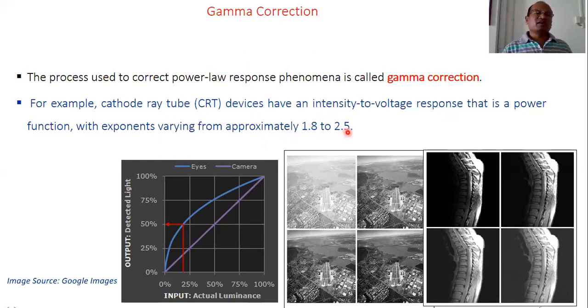So you can see here the input output characteristic that the camera has, for example, a linear function between input and output. But the eyes, for human visual understanding, want a different type of input output characteristic, that is intensity response to voltage. So eyes need a different thing. For that there is a raster setting by which the ratio is corrected, which is called gamma correction.